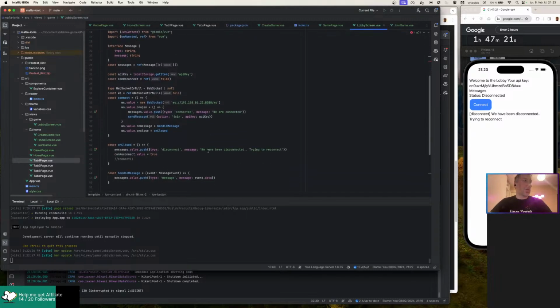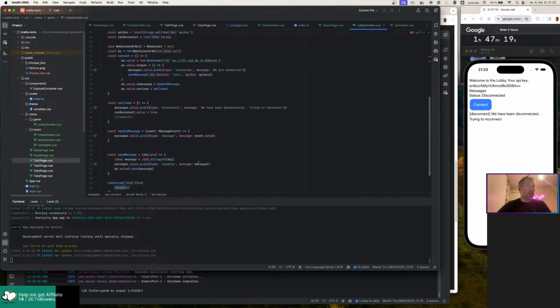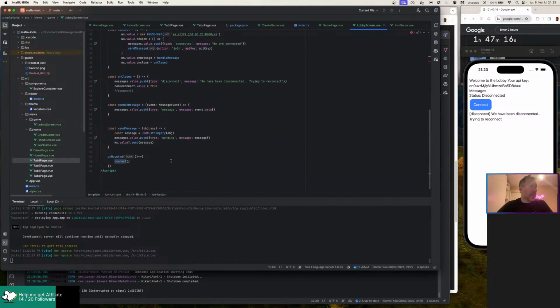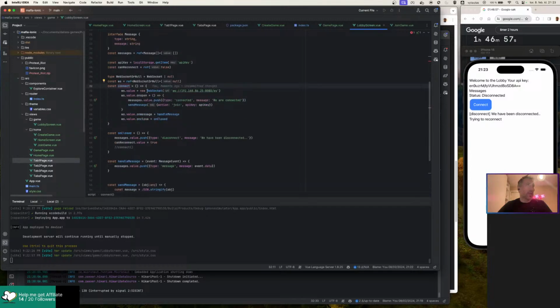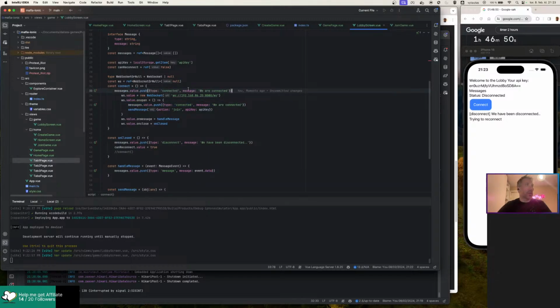And instead of saying trying to reconnect over there, which is lying, this one can say that when connect kicks in, we can start connecting,